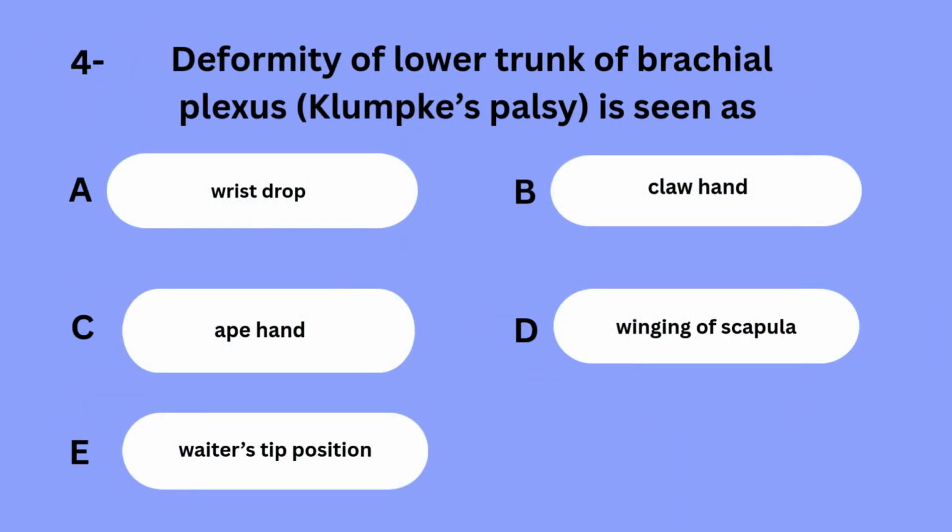Deformity of lower trunk of brachial plexus, Klumpke's palsy, is seen as